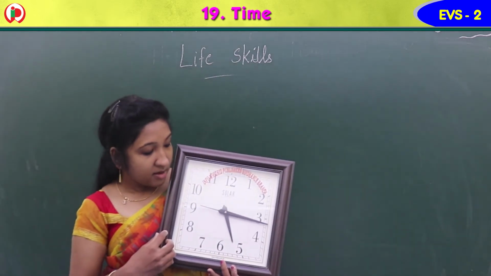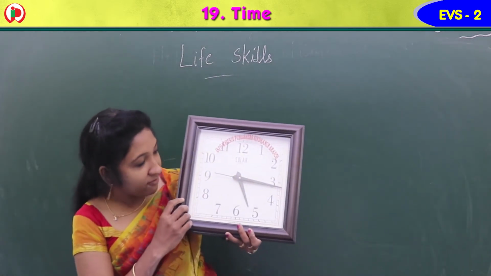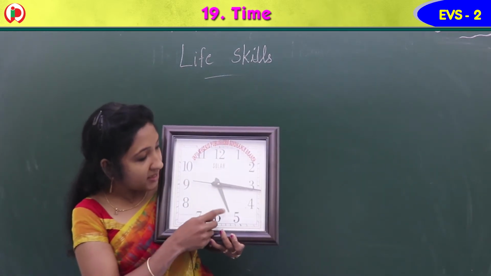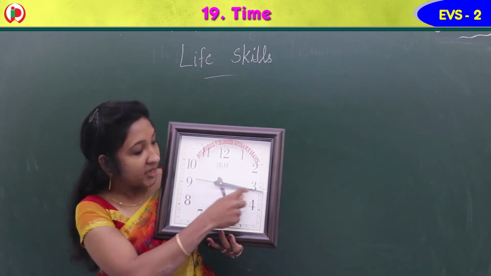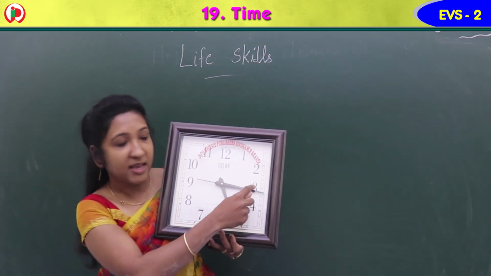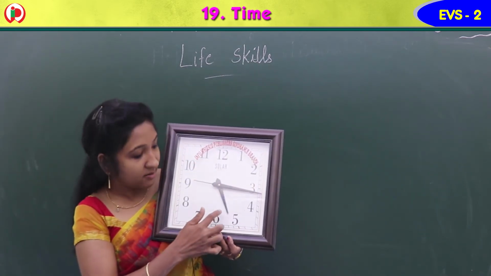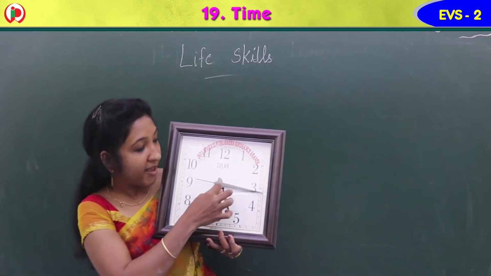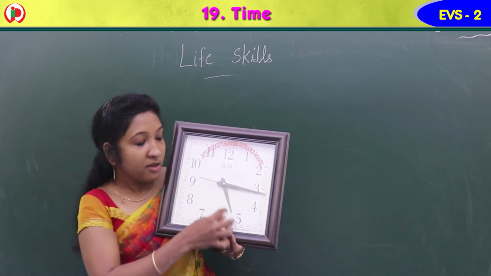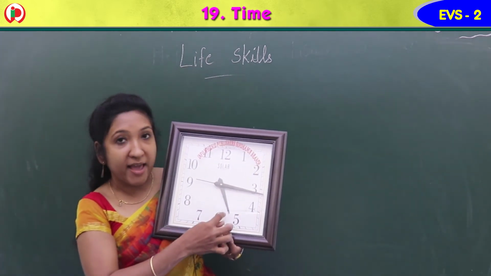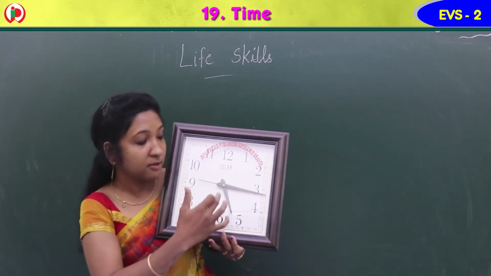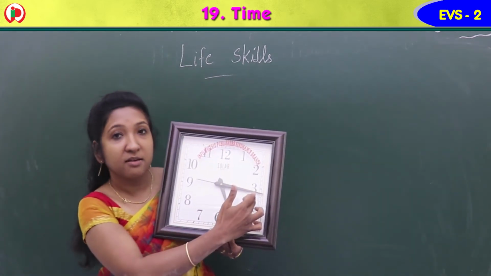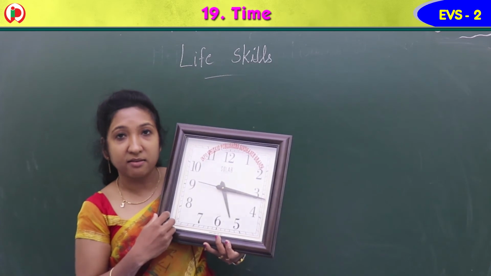Okay. Now, can you say the time of this clock now? You can see the hour hand is at 5 and the minute hand is at 3. Just after 3, isn't it? Yes, this is very near to 5 or just after 5. So, 5 and 3. So, the small hand is at 5. So, you have to start from 5. It is 5, then 5, 10, 15. So, 5, 15 we can say.